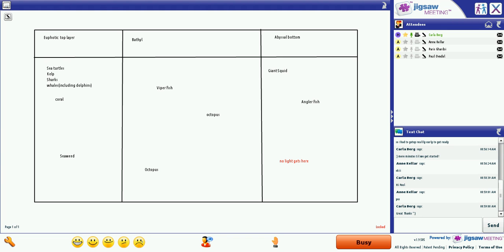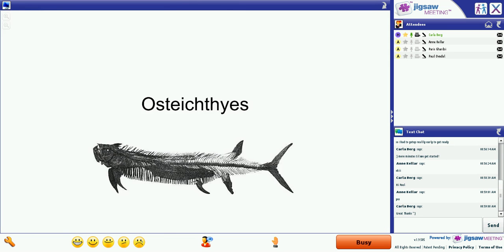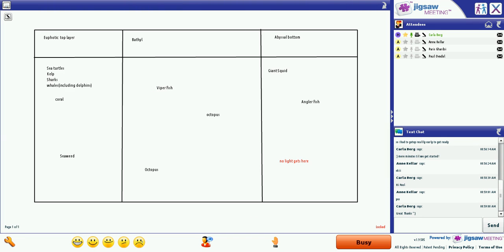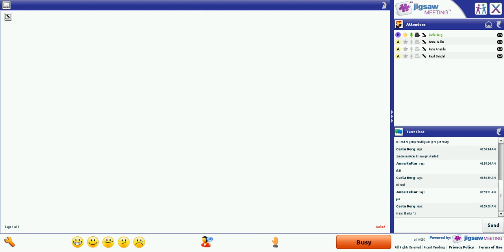So that was a great review from last week, and today we're going to talk about bony fish. A few of them are on this list. Actually, only 3 of the animals on this list fall into this category. So staying here on your whiteboard, I'm going to get rid of this, and we're going to try to come up with some characteristics